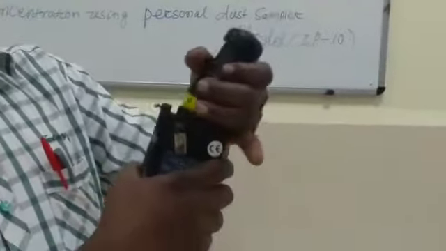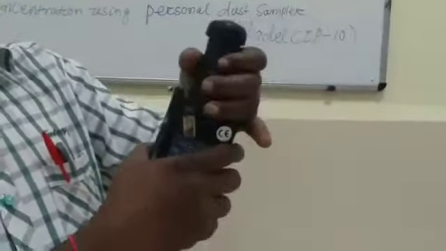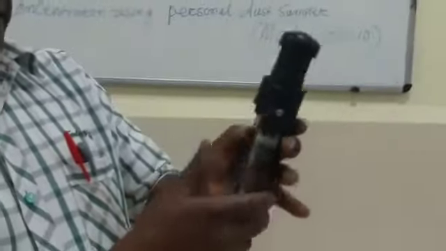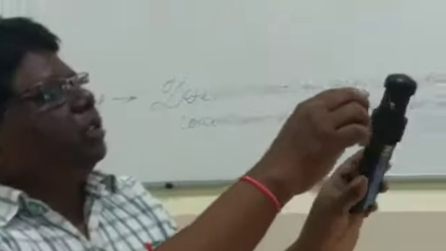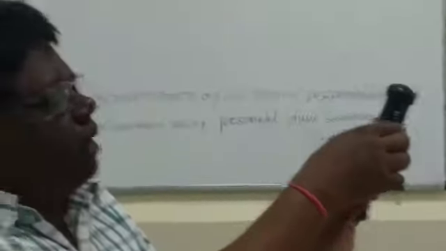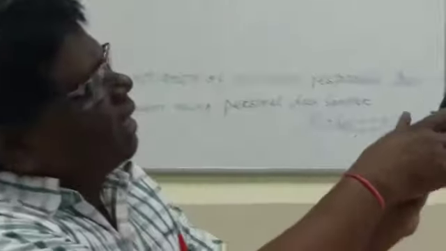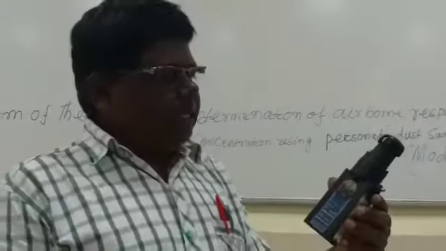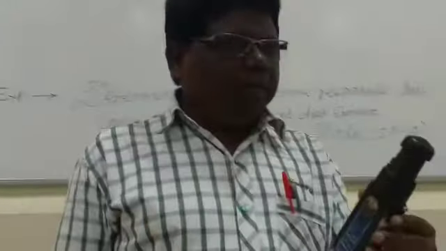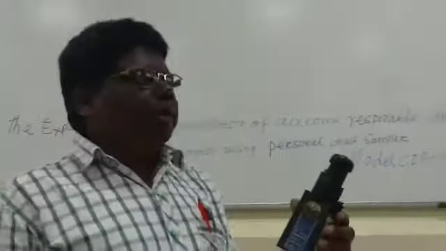The flow rate of this instrument is 10 liter per minute. It is sucking the air at 10 liter per minute. You can see this is the inlet hole, and this is the casing. This side is the outlet of the air. Throughout the system, you can run the instrument for a full shift or whatever you want, to take readings for personal exposure, or you can fix it at a point wherever you want.